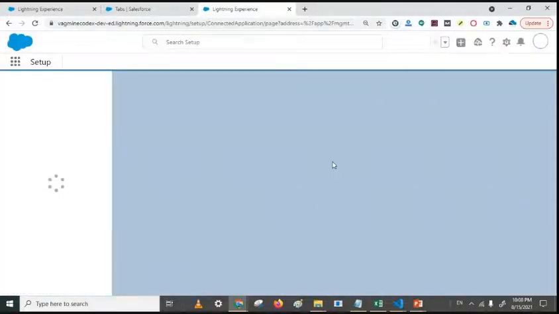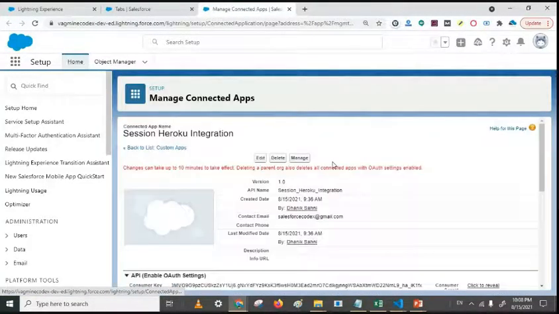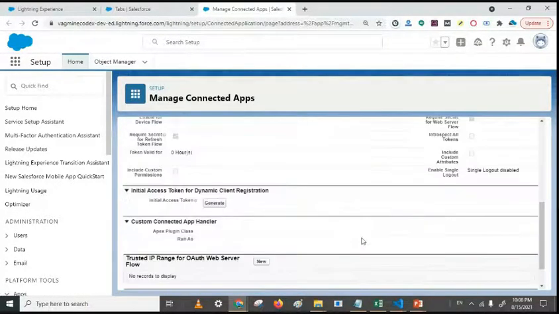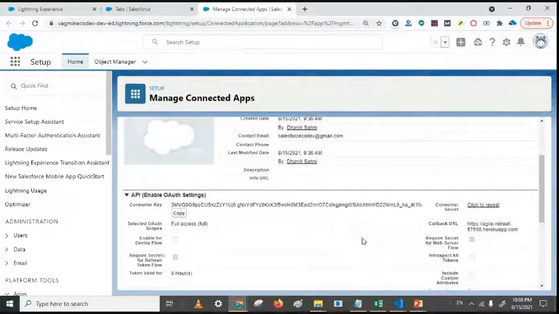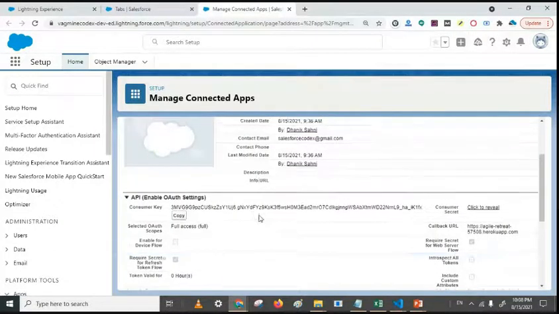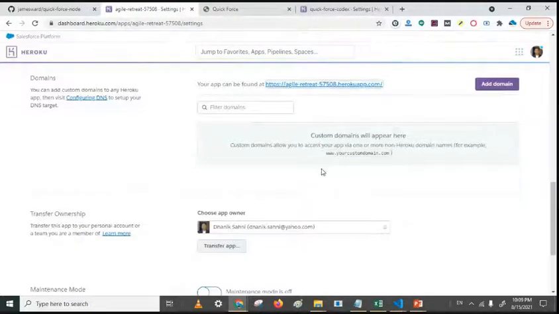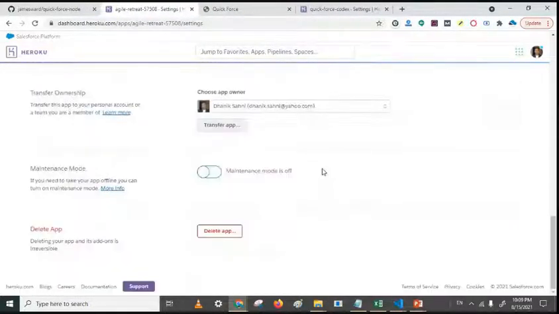So we'll wait for some time and then it will start the process of authentication and taking the access. So let's refresh it. Still saying the same error.